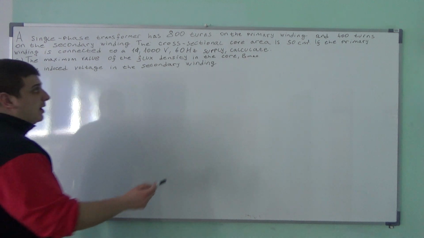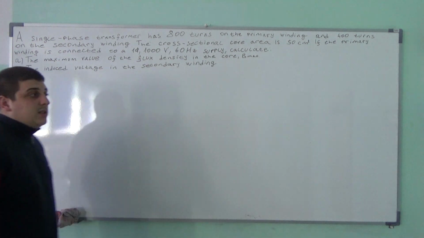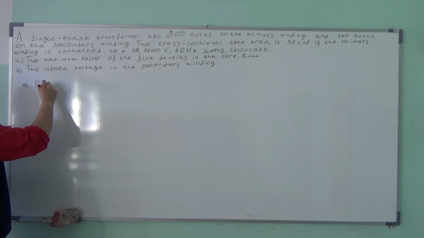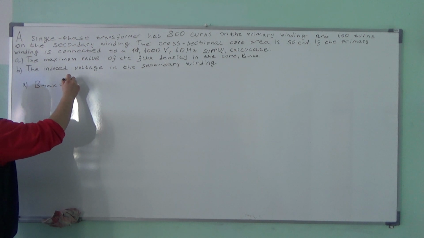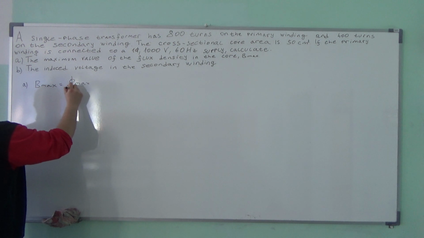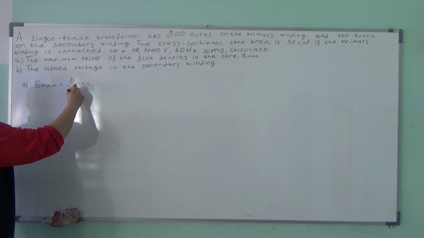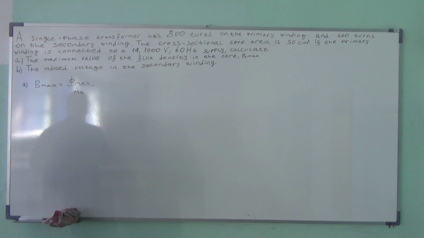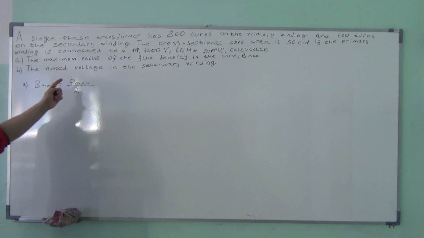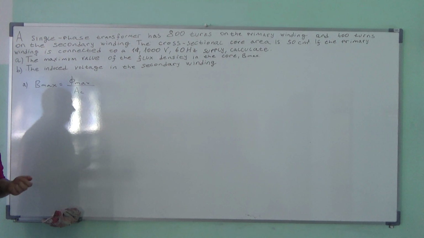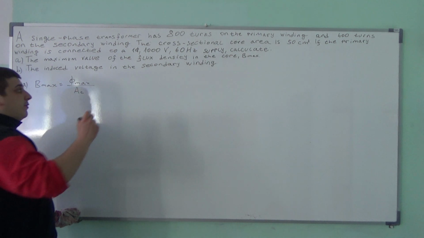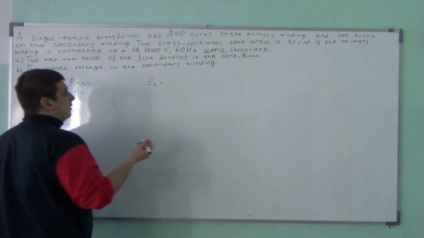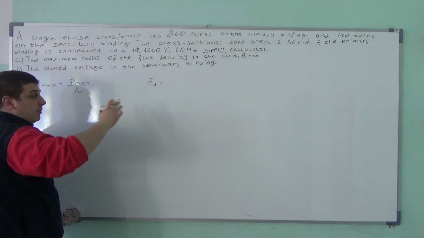It says we have to calculate what is Bmax. Well, Bmax is easily calculated with the formula Bmax is equal to flux maximum divided by the cross-sectional area, AC, but we don't have the maximum flux. But we know from the formula that the induced voltage on the primary side, for the primary side in particular, is equal to